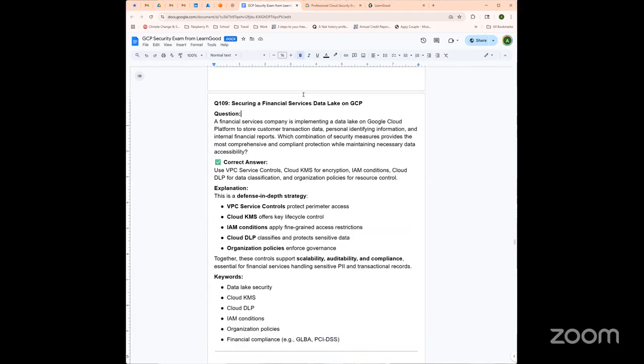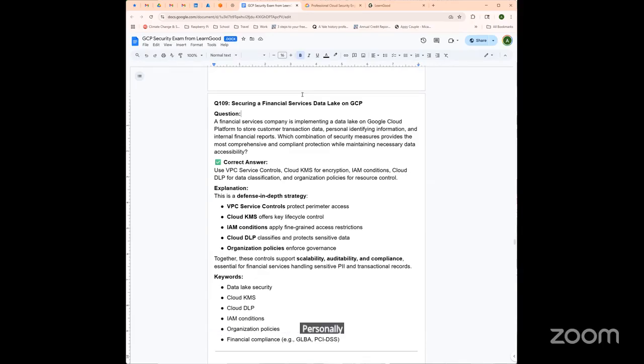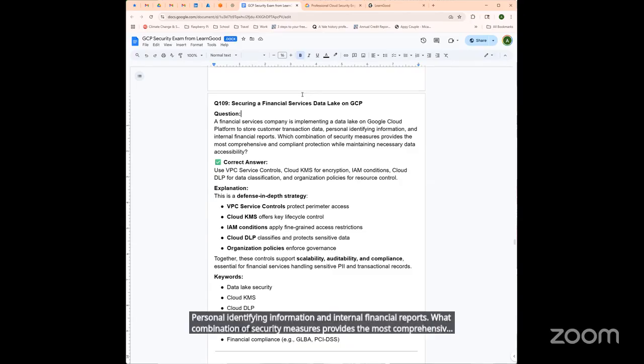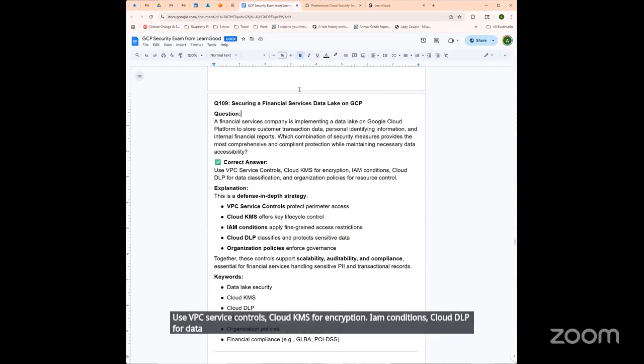A financial services company is implementing a data lake on Google Cloud to store customer transaction data, personally identifiable information, and internal financial reports. What combination of security measures provides the most comprehensive and compliant protection while maintaining necessary data accessibility? Use VPC service controls, Cloud KMS for encryption, IAM conditions, Cloud DLP for data classification, and organization policies for